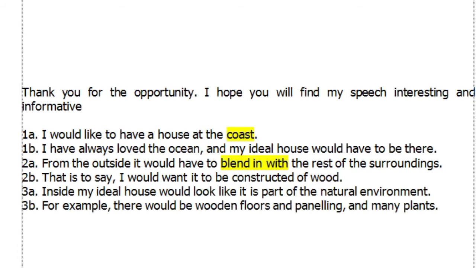From the outside, it would have to blend in with the rest of the surroundings. That is to say, I would want it to be constructed of wood. Inside, my ideal house would look like it is part of the natural environment. For example, there would be wooden floors and paneling and many plants.